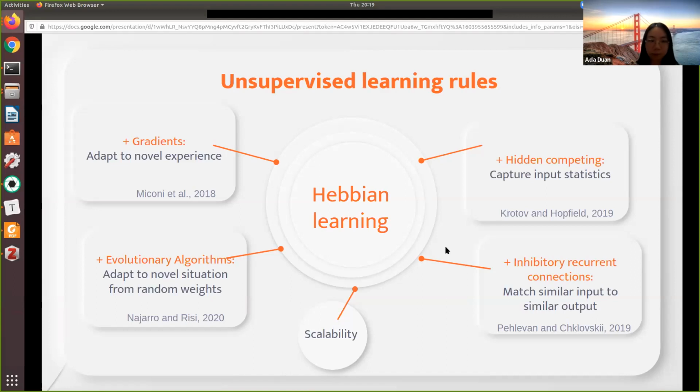complex problems. So there has been work looking at augmenting different forms of Hebbian learning with other algorithms. For example, if we can determine the strength of each individual Hebbian plasticity in a network, we can get an agent that can learn to walk quickly from random weights.